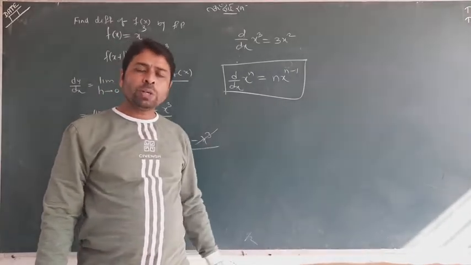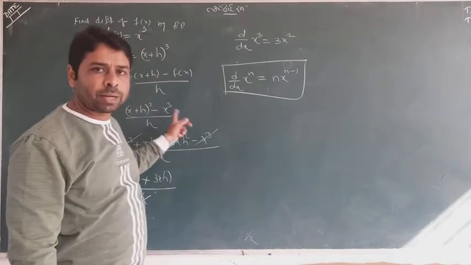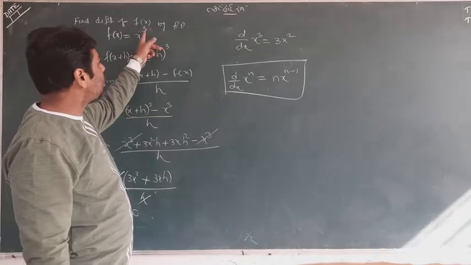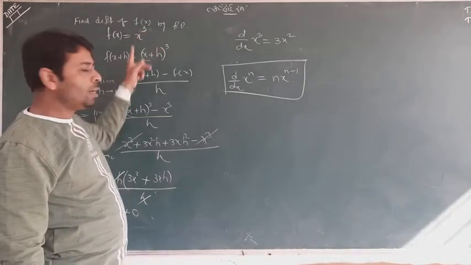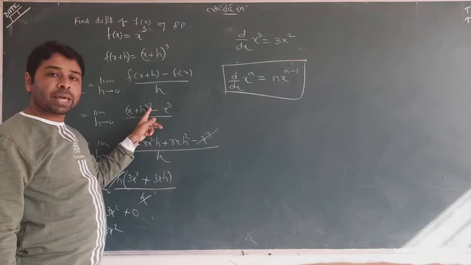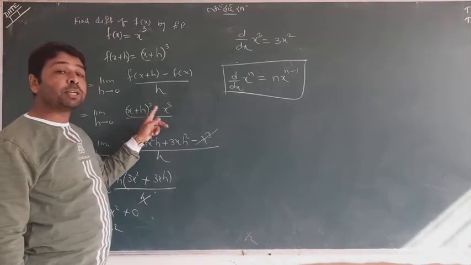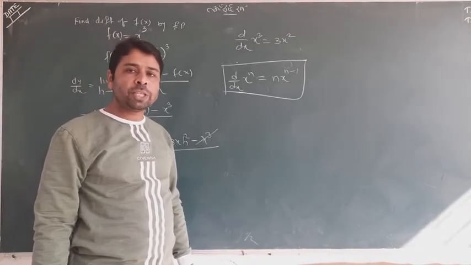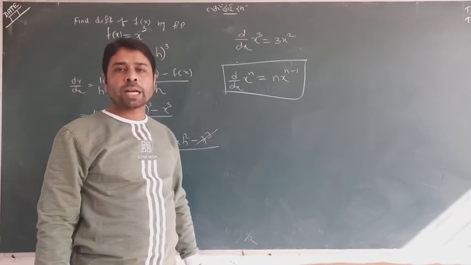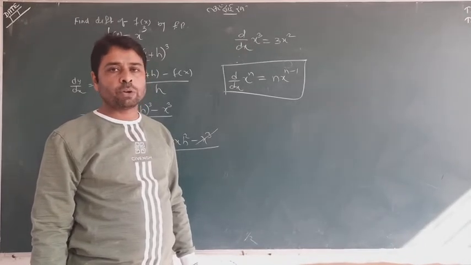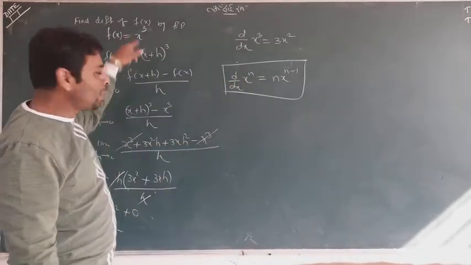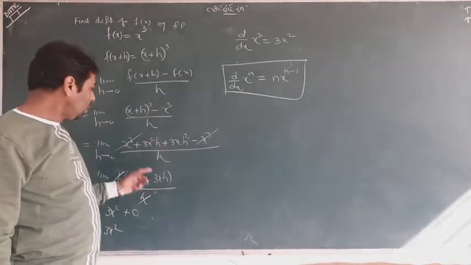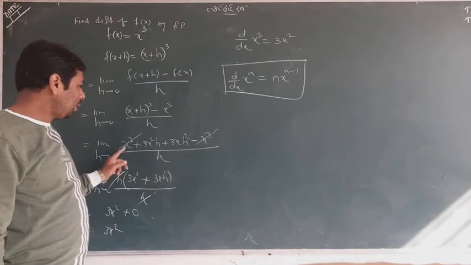Actually, I could also derive this formula directly by this method. But then x plus h to the power 3 comes because it was 3. If you had n here, it would be x plus h to the power n, and you don't know the expansion of x plus h to the power n. It is actually the binomial expansion. You haven't read it till now, it is not in your syllabus. That's why I left this particular theorem, and I explained with 3, because you could expand the power 3 and that was very simple.